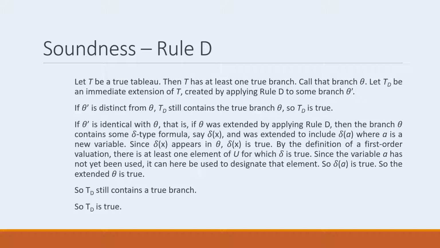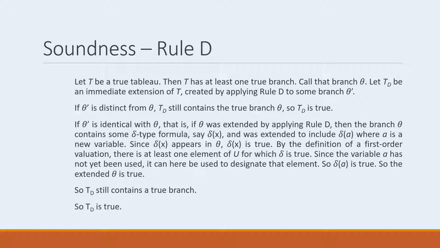We won't do all the cases in the proof of soundness in detail because they're all pretty straightforward. We'll just do rule D because that's the most interesting. Let T be a true Tableau. Then T has at least one true branch. Call that branch theta. Let TD be an immediate extension of T created by applying rule D to some branch